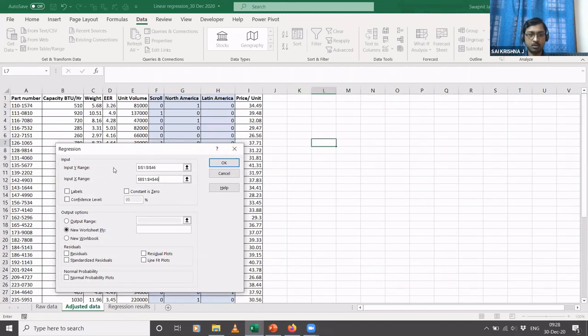Okay, so we have selected from the first row, right? We have selected from I1, and for the X range we have selected from B1. But the first row contains the column headers. The other name for column headers is labels. So since we have included the labels in our data range selection, we will just give a tick mark in this box, labels.